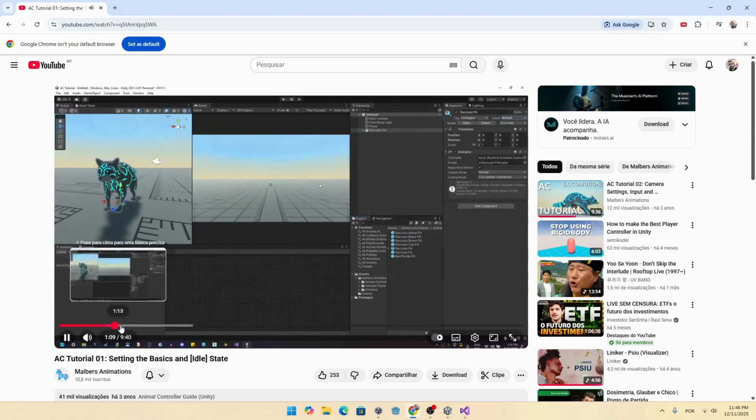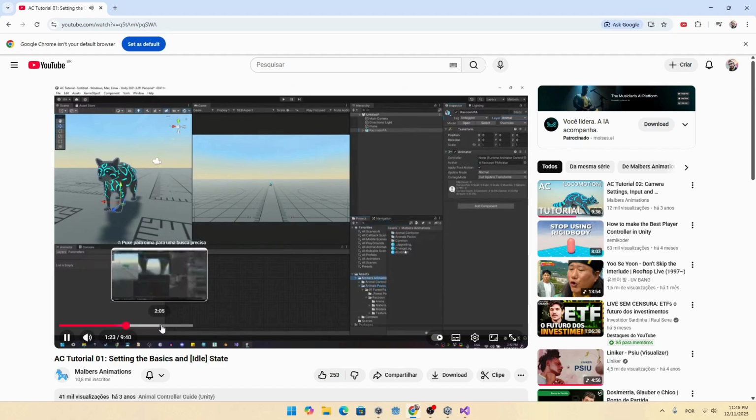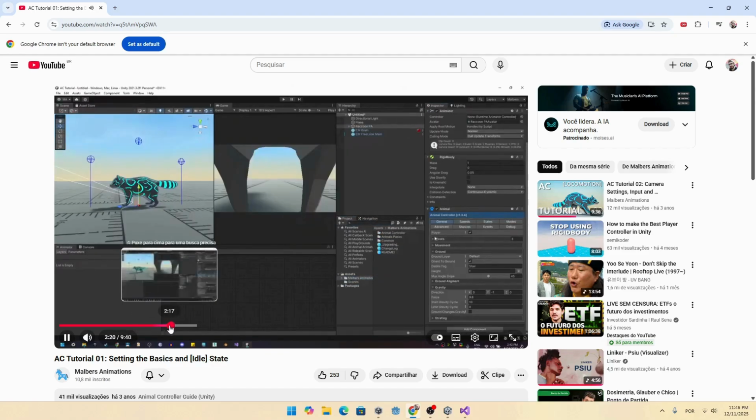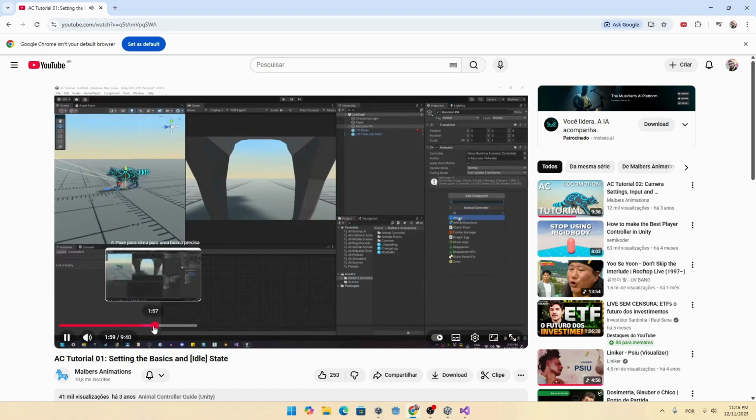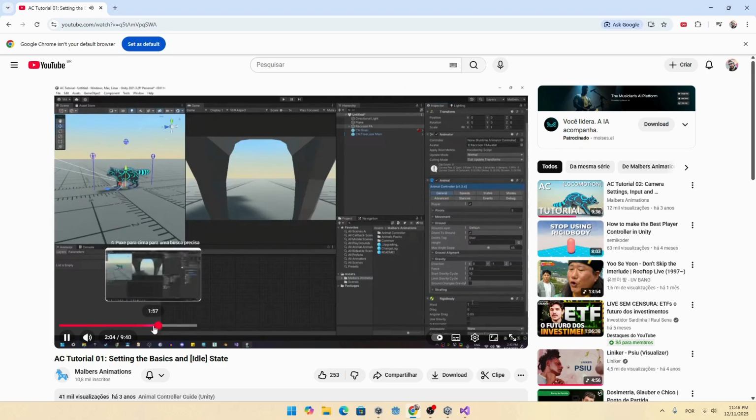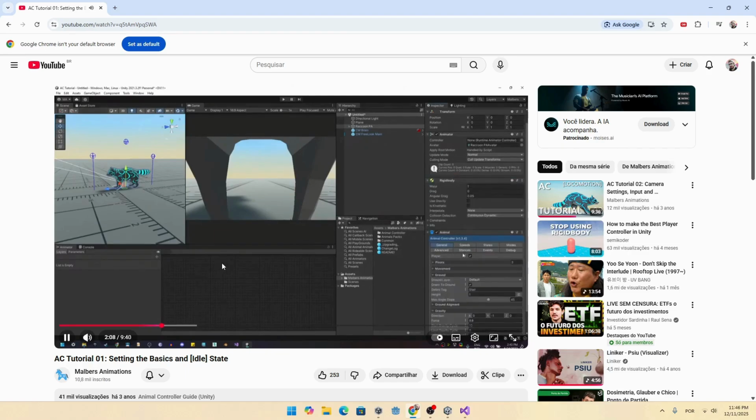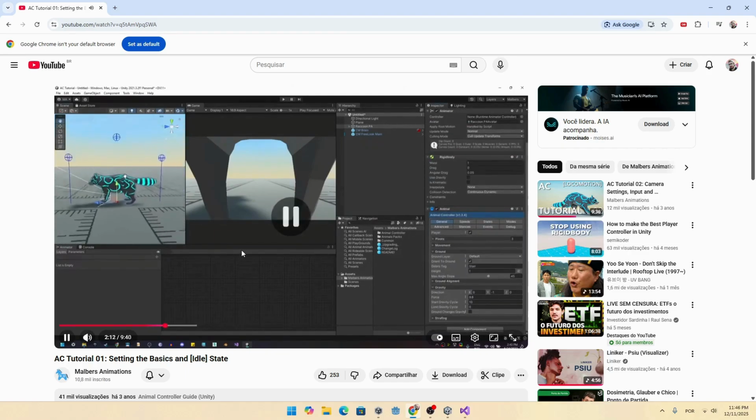Since that's rigged, you can go to Malbers Animations, Common, Gizmos. And we have the animal controller, and I'm going to add the animal component. And here you will see that we already have a rigid body and we have the component. Now, what do we